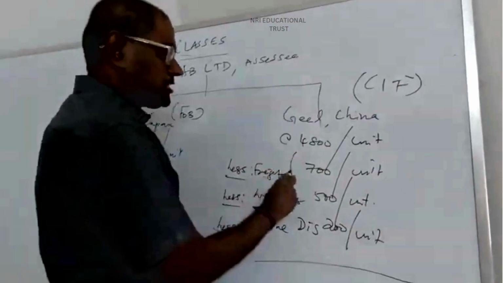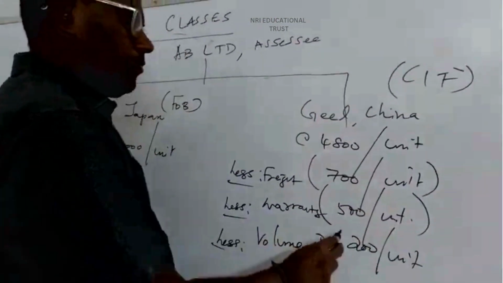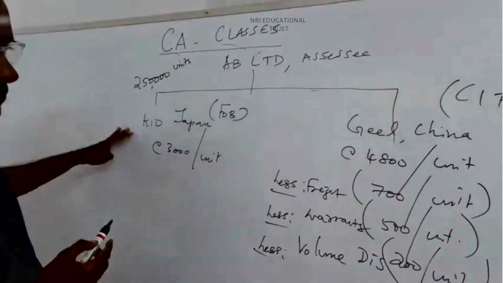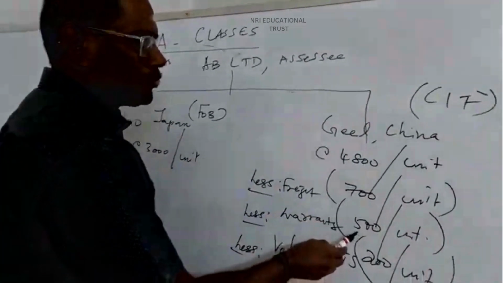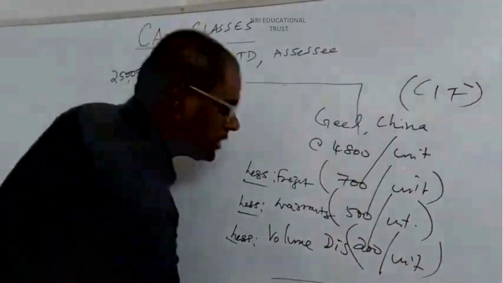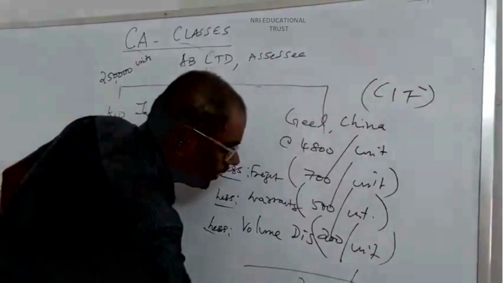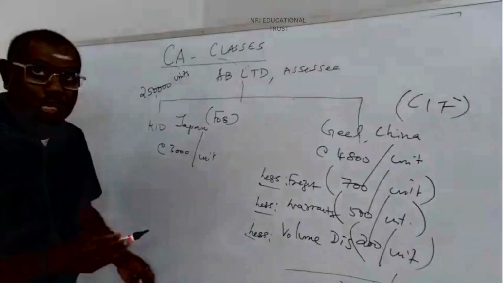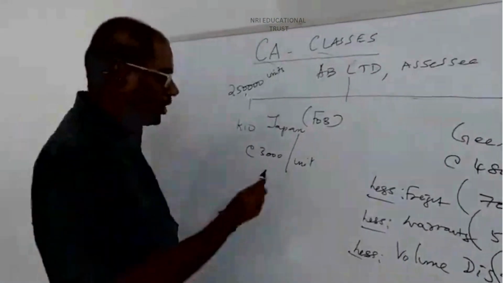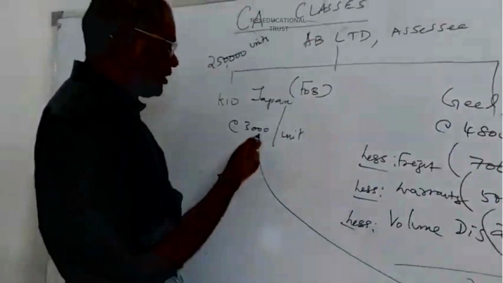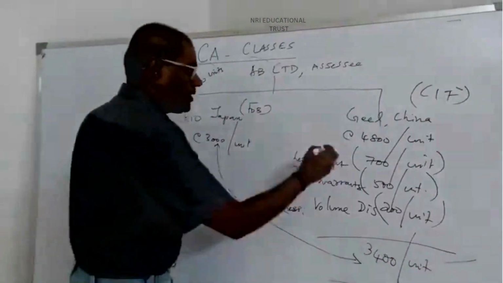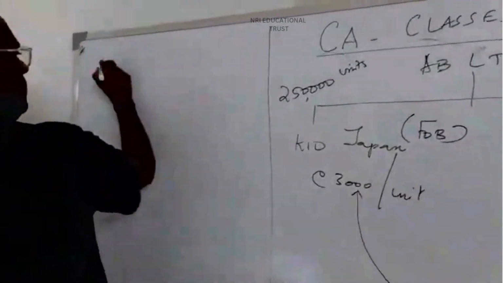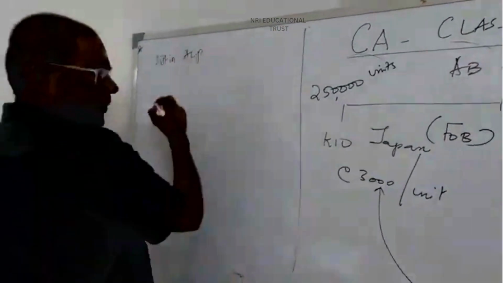4,800 minus 700 minus 500 minus 200. These transactions are not here in Japan. This is an AE. So 4,800 minus 700 minus 500 minus 200 is 3,400 per unit. Now this and this are comparable. So what's happening? How much is the difference now? Adjustment to be made: 400 rupees per unit. This is rupees 400 per unit. How many units? 250,000 units. So difference in ALP